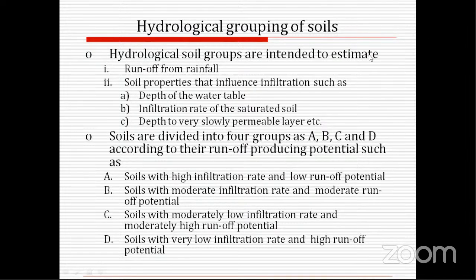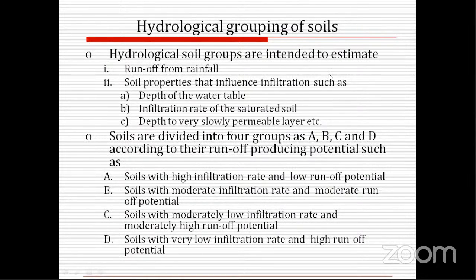Okay, we can use the double ring, and we can go for Darcy's experiment also. By using Darcy's law, we can check the saturated soils. Actually, Darcy's law is for unsaturated, but there is another experiment by saturating that column of soil completely. Then we will check the infiltration. That is one method. Anyhow,